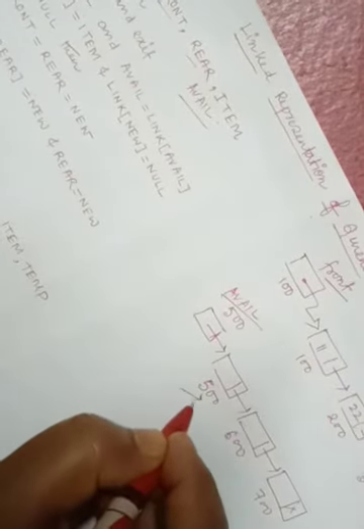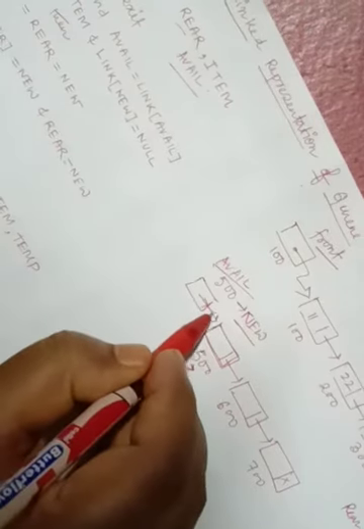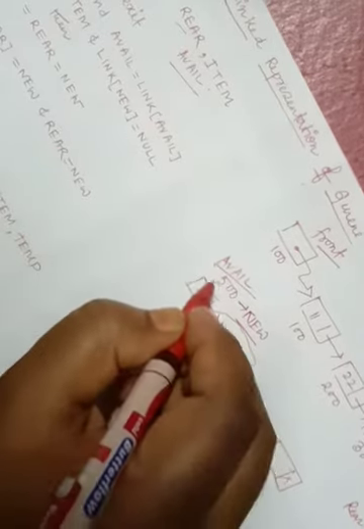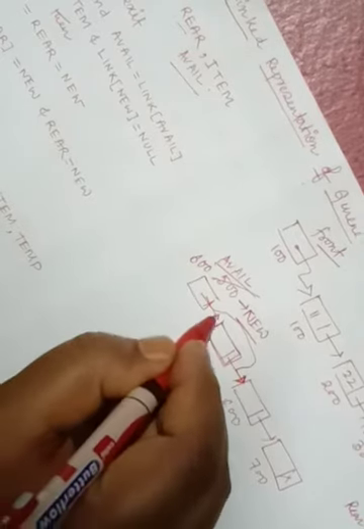So set new equal to avail. So this is the new, it is avail. The address of new is 500. This block is new, and avail equal to link of avail. So now avail points to the next node, and the new value of avail is 600. We have to break the link here. So the new value of avail is 600.